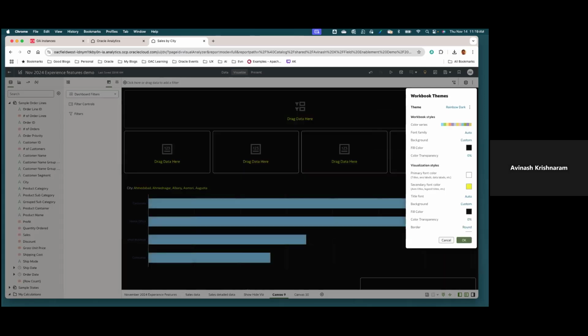When I choose a theme, you can see that I moved from a light to a dark theme, and the theme properties use the color series that was curated using our existing color management dialog. There are certain custom colors for the background of the workbook and the font styles for the visualizations. The primary and the secondary font styles are set, which is then applied to the canvas that I'm currently working on. Once you apply a theme, authors can customize the themes, and as long as you have the fine-grained permissions assigned to you, you can also save it as a new shared theme.